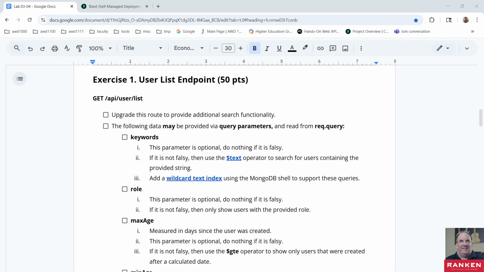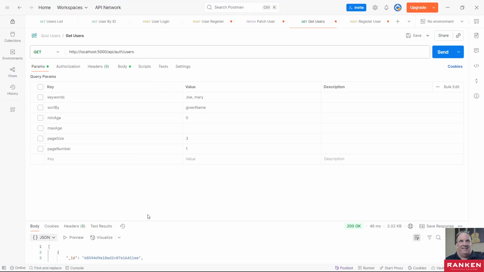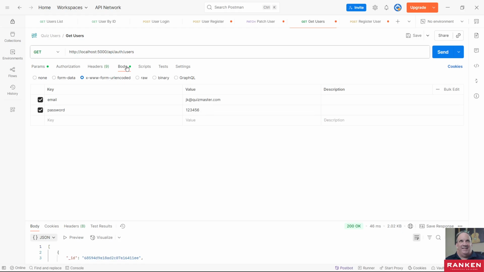But let me show you Postman because I have something up and running already. For this assignment, I'm going to be using my project that I'm working on, my quiz maker project, so that's going to be a little different than yours. But I do have a user object, and I'm making it similar to what you are going to do, just to make it easier. As you can see here, I've got params, query params, which is different than